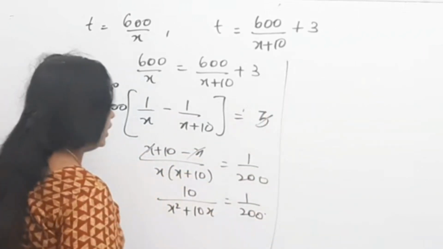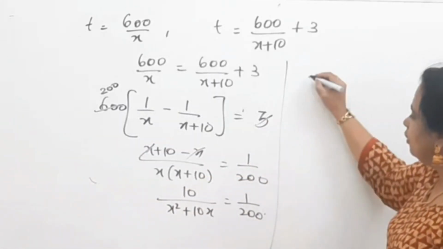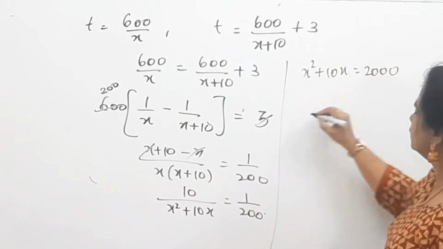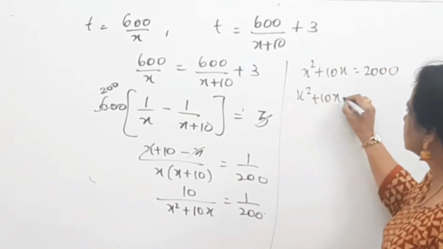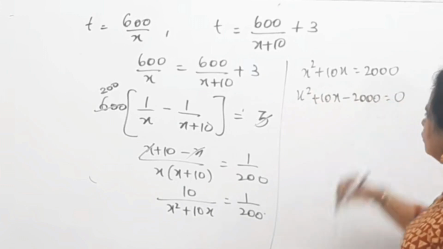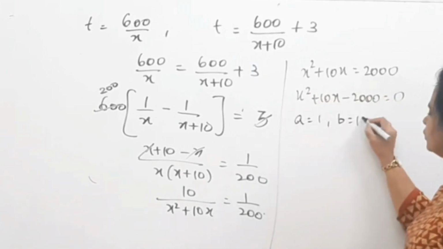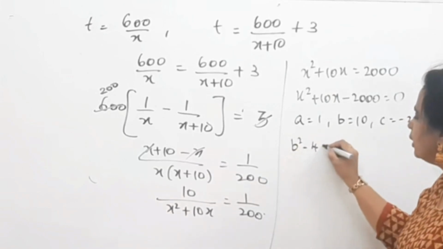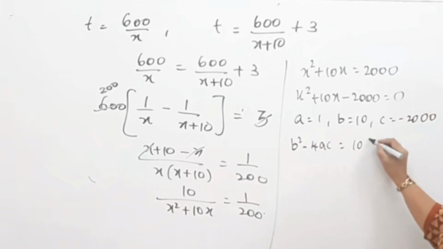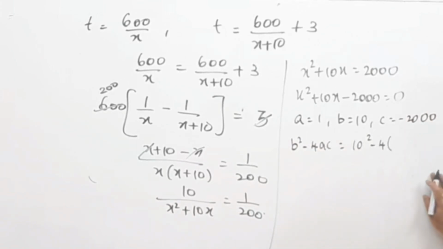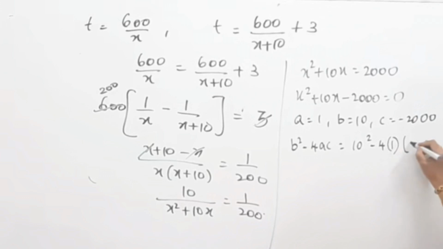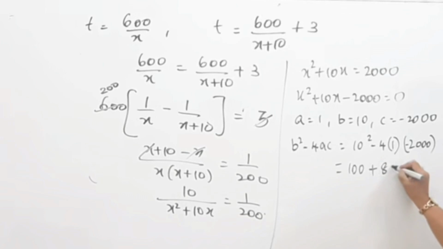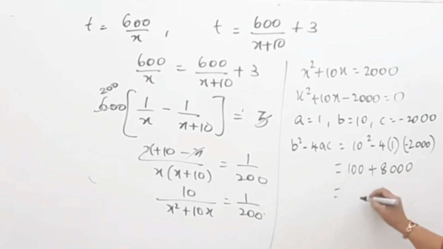So, now on simplification, I get the cross multiplication, which would be x square plus 10x is equal to just 2000. So, I get my equation x square plus 10x minus 2000 is equal to 0. A is equal to 1, B is equal to 10 and C is equal to minus 2000. So first I find B square minus 4AC, which is equal to 10 square minus 4 into A is 1 and C is minus 2000. That's equal to 100 plus 8000, which is equal to